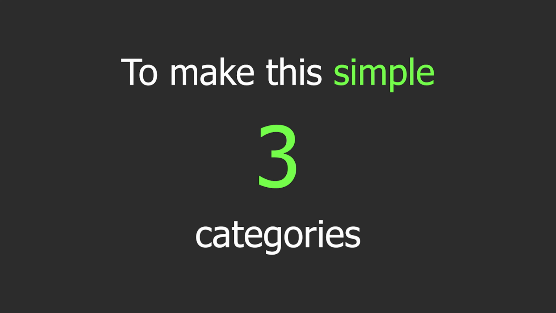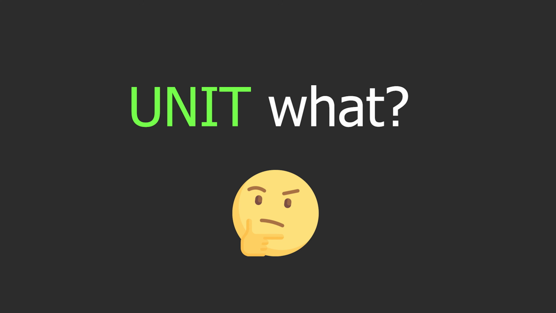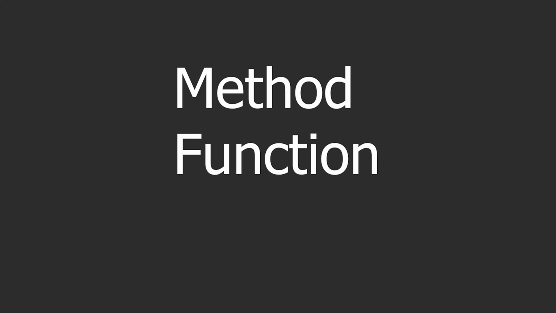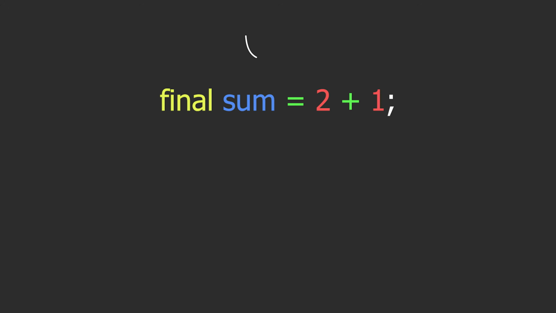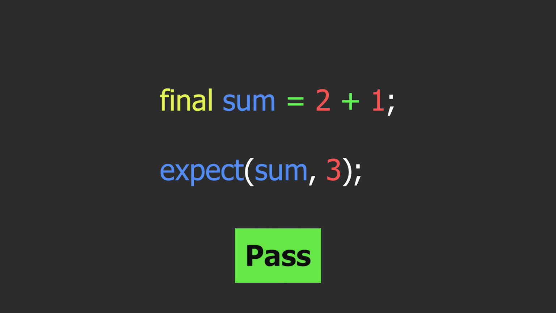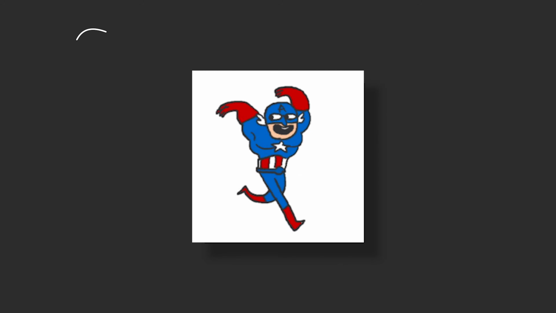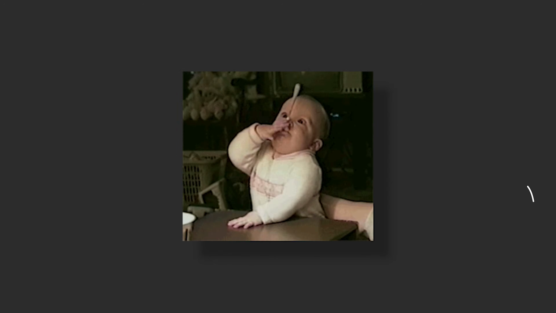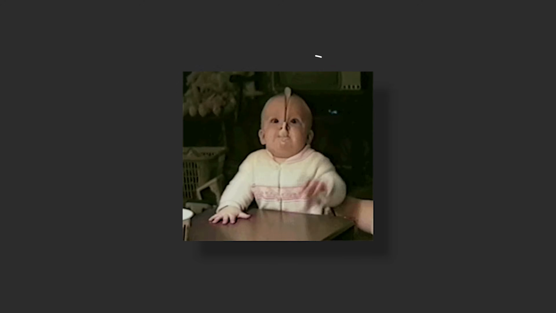So to explain testing in Flutter, we'll break it down into 3 different categories, starting with unit testing. Unit testing tests a single method, function, or class. The goal of unit testing is to verify our units of logic in a variety of different conditions. But instead of showing arbitrary examples, let's see how we can implement it in our own application.